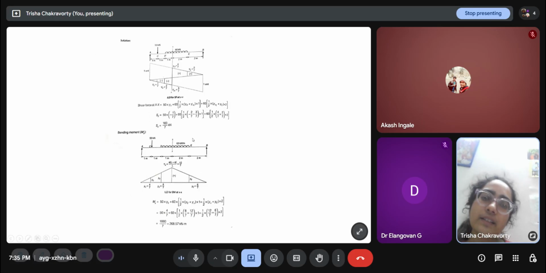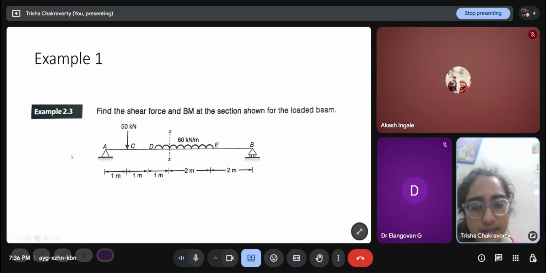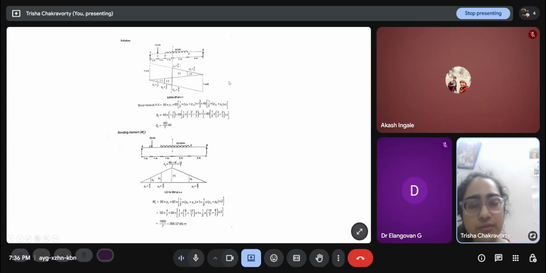And the ILD is generally easier to draw than BMD and SFD. If you have to draw the BMD and SFD of this beam, imagine you have to take one section from A to C, then C to D, then D to E, then E to B. It will take a long time. Instead, just forget about the forces. Just draw the ILD, which is just one kilonewton force moving. You already know how it looks for XX. It will have a jump, and it will again go like this. So once you have solved a certain number of problems, you will have a good idea, and then you just multiply the area under the curve with the forces.